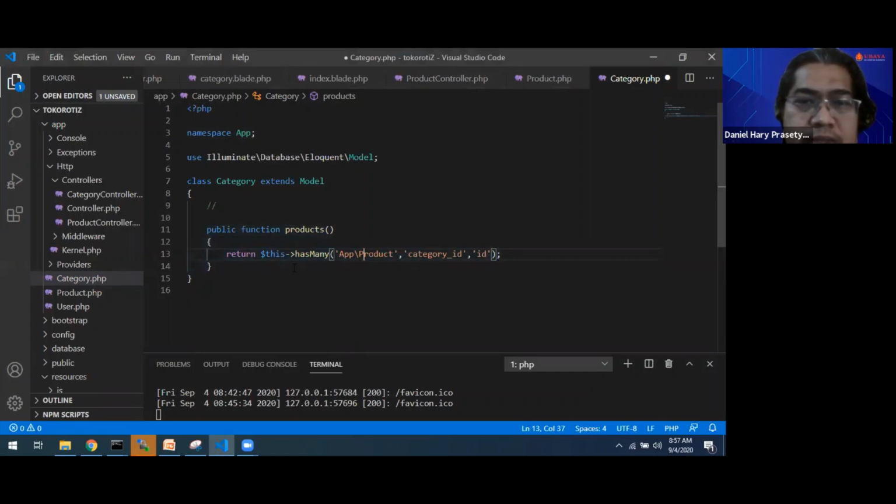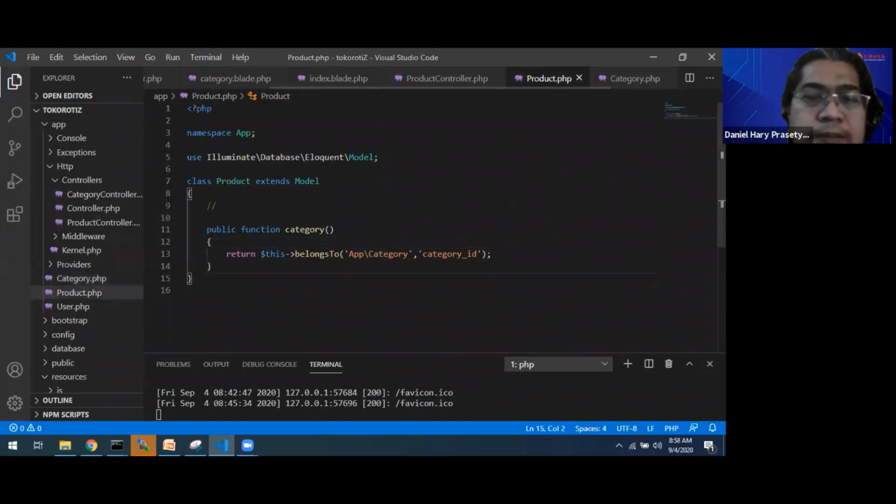We can access it with products, and after products, we can get all of the product's properties or product fields. So we add products in category with has many and belongs to, and we add category with belongs to in products model.